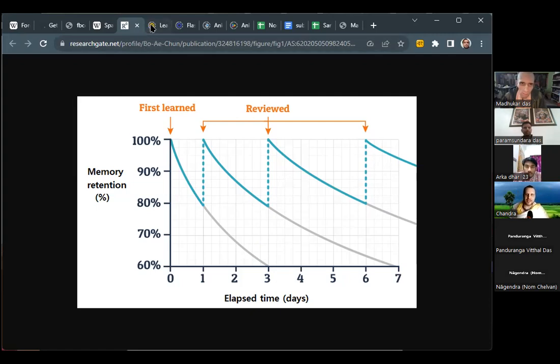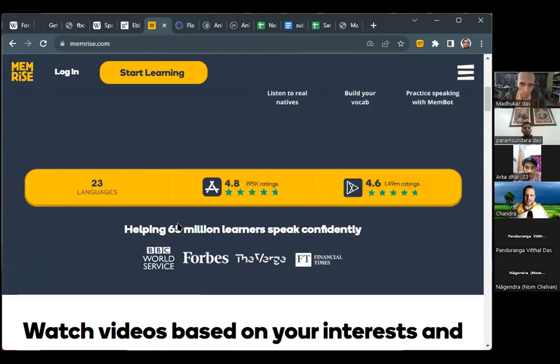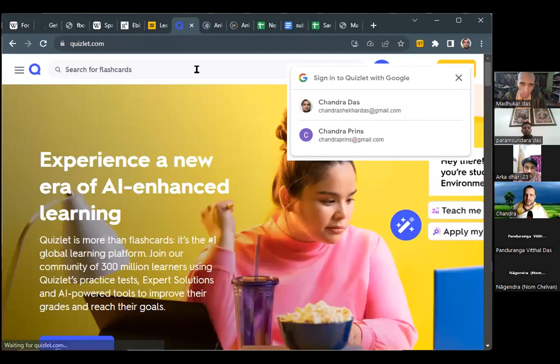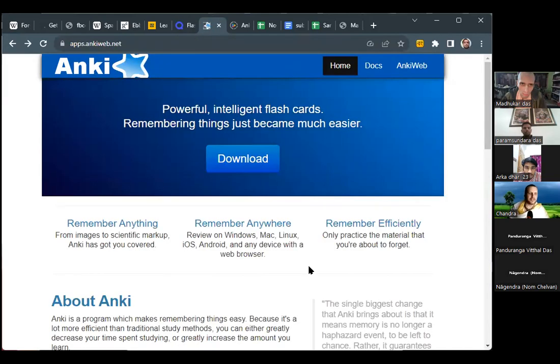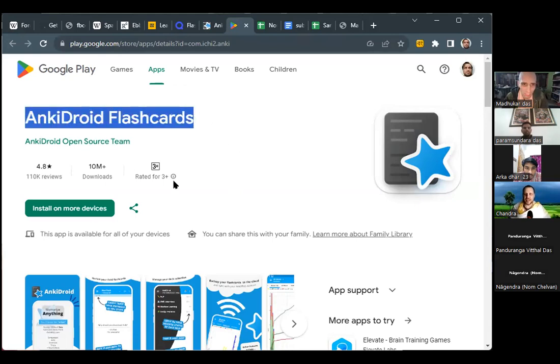There's a lot of apps and things online, such as Memrise. If anyone's a language learning buff, they've definitely come across Memrise. Quizlet is another very common one. However, I prefer to use Anki for my students because as far as making cards goes, it's very customizable. And it's free. Quizlet costs money, and the other ones also cost money. If anyone's got an Android phone, you can download the app. I'll share the link in the group so everyone can download that. So that's just introducing the platform.